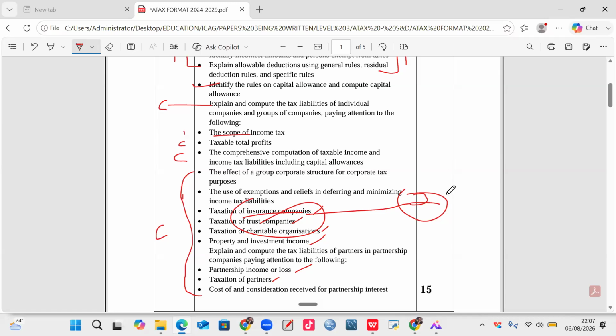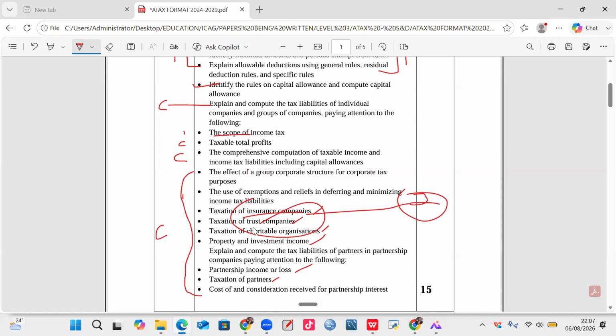companies by knowing the format and what goes into the format, I remember the format on my own. I'm able to do the computation. When I go to the exam and I see insurance company, it will be very easy for me. I just follow the format and put in the figures, draw my format down, put in the values. Whether I'm making mistakes in percentage or whatever, the format will even give me marks.